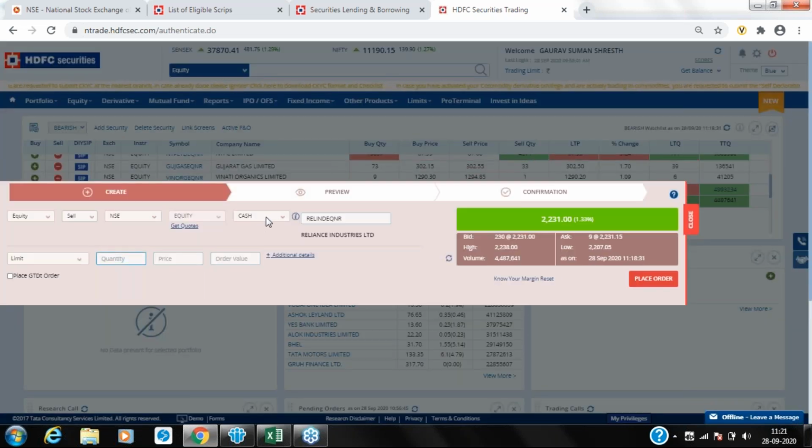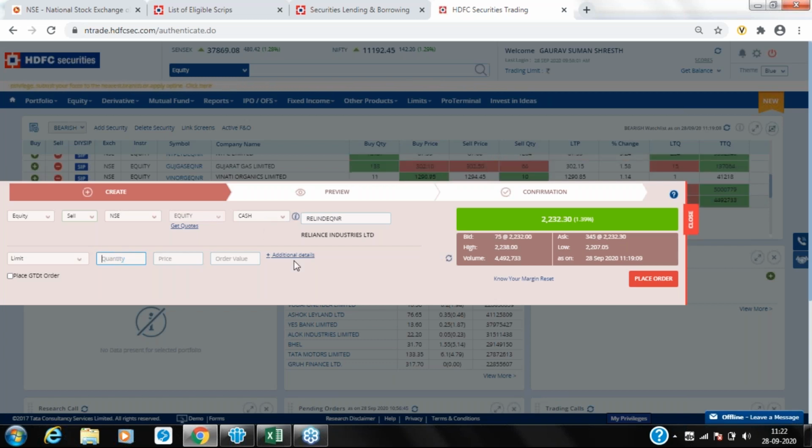You have to open a normal selling order, and we are taking the example of cash only. We are assuming that you already have Reliance Industries in your Demat account. Now let us suppose that today is some kind of an event day, and we want to keep a target and a stop loss, just like we did in the bracket order facility. The only difference is that in a bracket order, we did it only for intraday, whereas in this example, we want to do it for the stock which we already have in our Demat account.